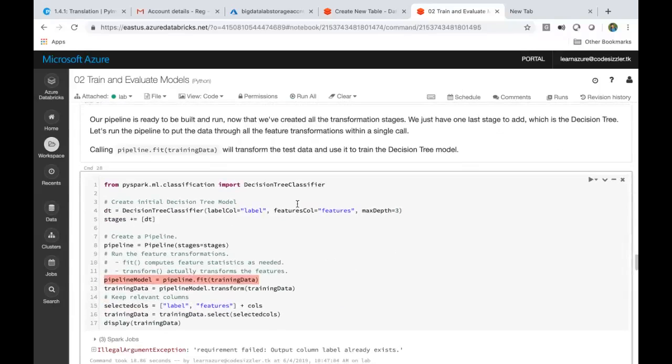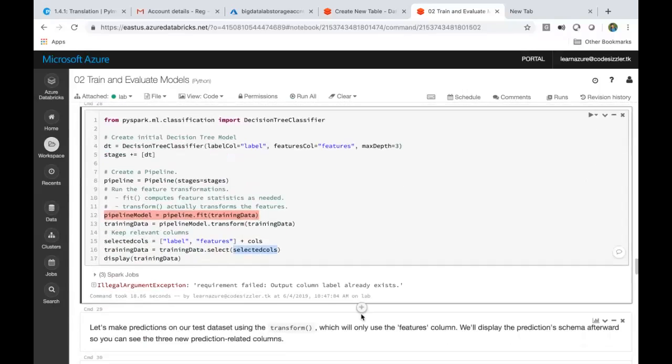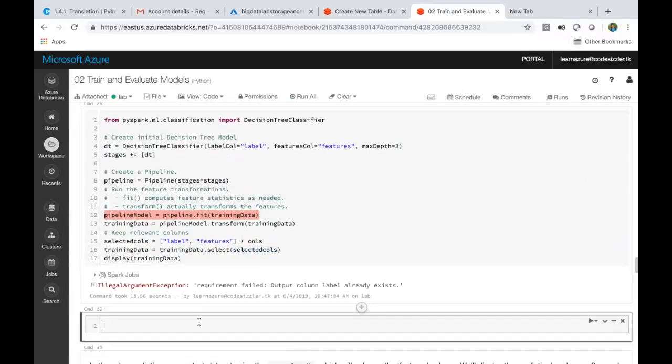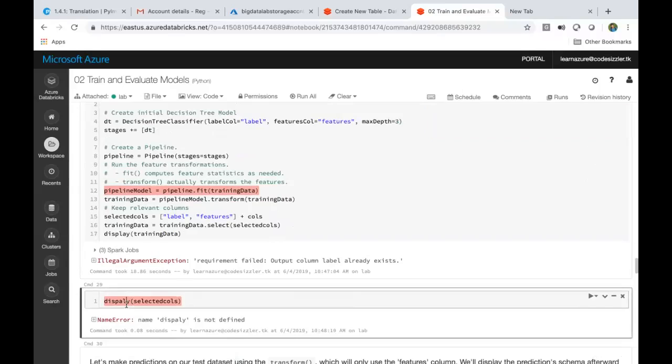Label features. Certain columns here. Maybe we should remove the target variable from the training data set.